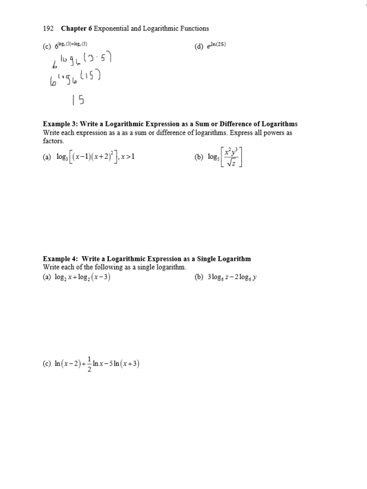Okay, e to the ln 25, well, the e and the ln cancel each other out, and we are left with 25. Okay, so now we want to write these, instead of products or quotients, we want to write them as sums or differences. So this one is a product, so we are going to have